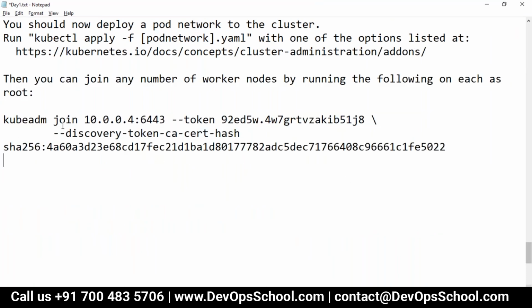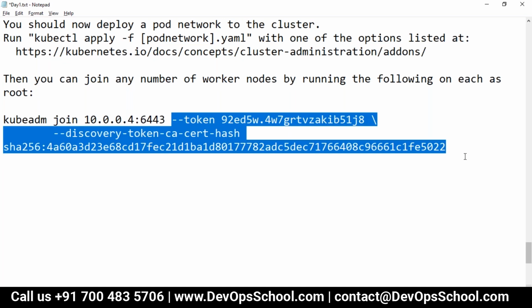Now guys, the third statement is very simple. I told you, if you want to add any number of workers, I repeat, please understand that, please hear my statement. If you want to add any number of workers to the cluster, that means to the API server master, you have to run this command. What is this? This is my API server. Let me ask you in a simple way. I've been telling you minions request the master to become a slave.